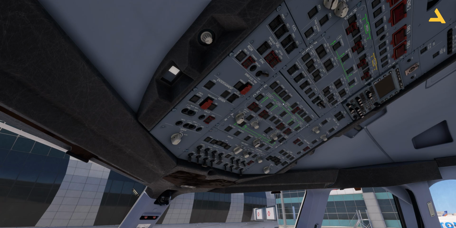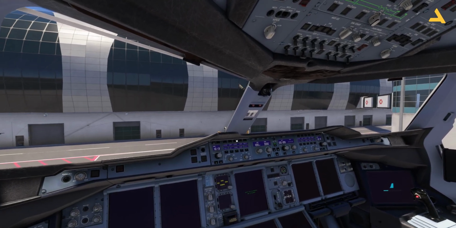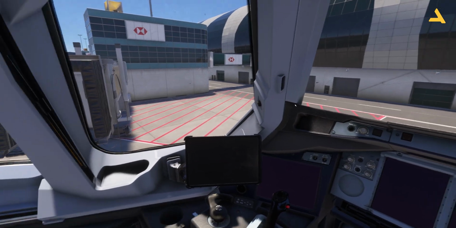So let's get some power in the plane. You see these 4 buttons, battery 1, and that's it. If you turn on these 4 battery switches, you will see some power in the plane. Now the external power is already connected, but if the external power is not connected, you can turn on this